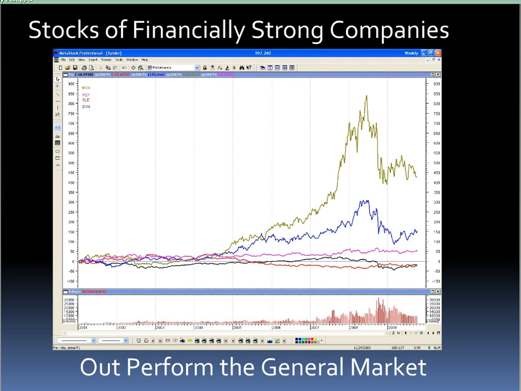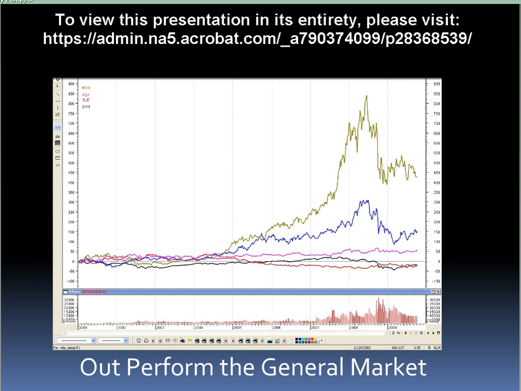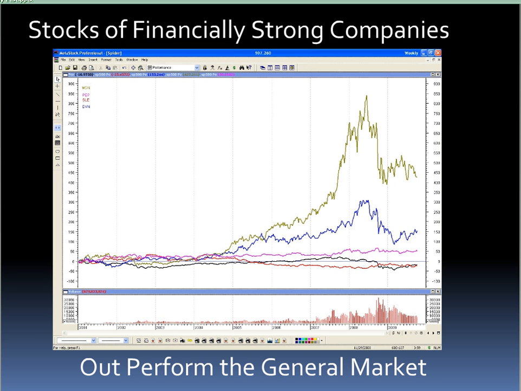I put in an average stock, or one that I would consider a little bit financially weak, and that is SLE, that's Sara Lee, and you'll notice it pretty well tracks the S&P, if not slightly down. So these are not anomalies. I mean, this is financially strong stocks actually outperform the market. And this kind of flies in the face of random walk theory, or you can't beat the market. Yes, you can. With financially strong stocks, they outperform the market, and that's the fundamental side of how I have